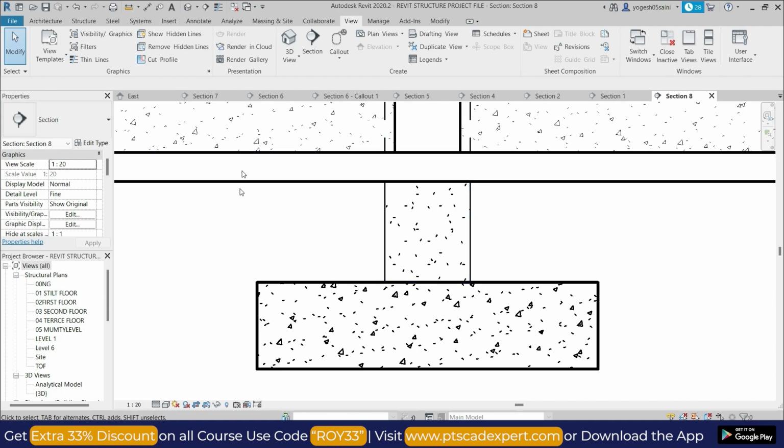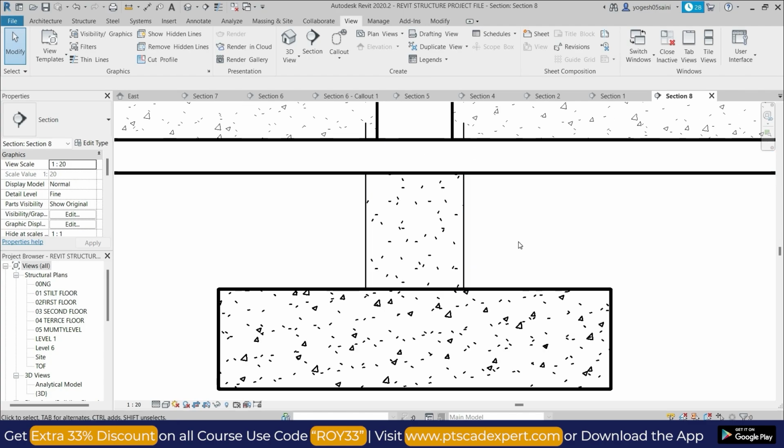This is the complete footing and column which I'm going to detail. So the first thing we are going to do, before placing the reinforcement, is to provide the cover. Okay, so how to provide the cover? For that